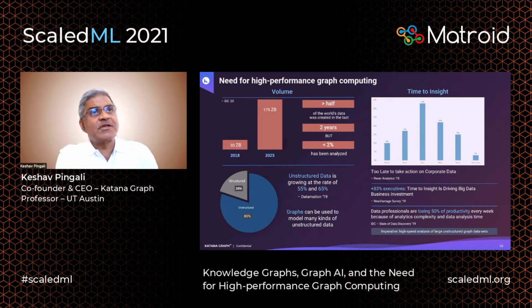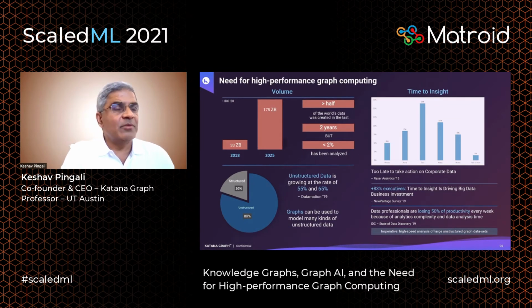Traditionally, high-performance computing has been associated with computational science applications. So typically you have a partial differential equation of some kind, you discretize it using finite differences or finite elements, and then when the dust settles, you end up with a large linear system, AX equals B, that you solve in parallel using some very big cluster, such as the supercomputing cluster that we have at the Texas Advanced Computing Center.